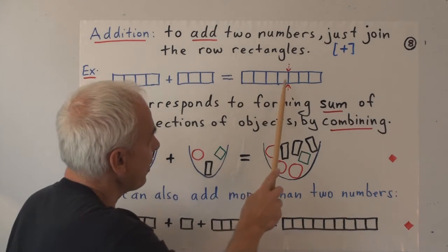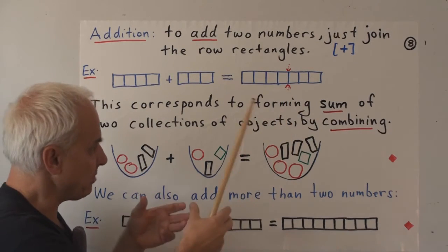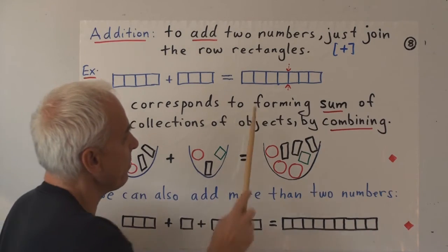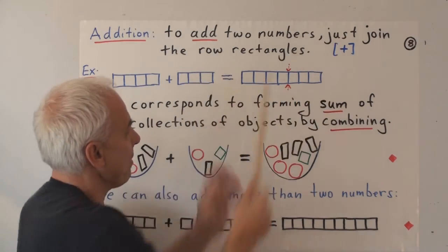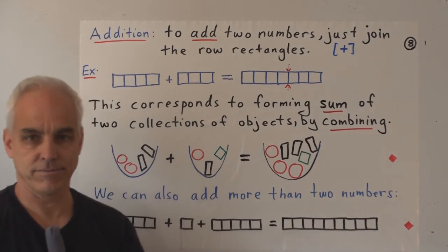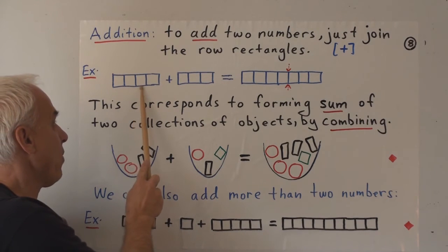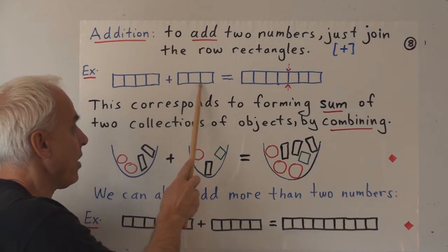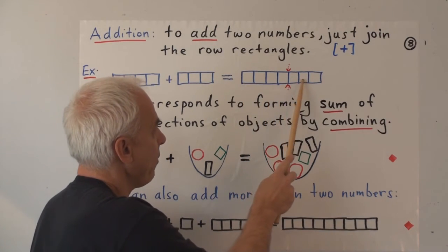So there's the first one. I'm sort of indicating where the original line of separation has been put together to join them. There's the first one on the left. There's the second one on the right. We've joined them up. So how would we read this equation? Well, we would read it in the following way. The number 1, 1, 1, 1 plus the number 1, 1, 1 equals the number 1, 1, 1, 1, 1, 1, 1.